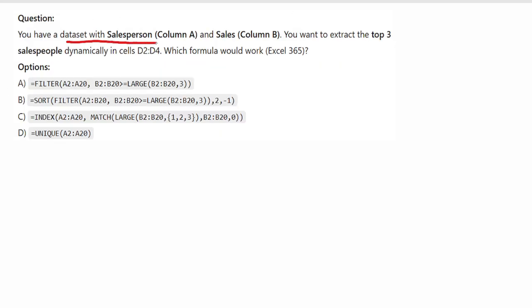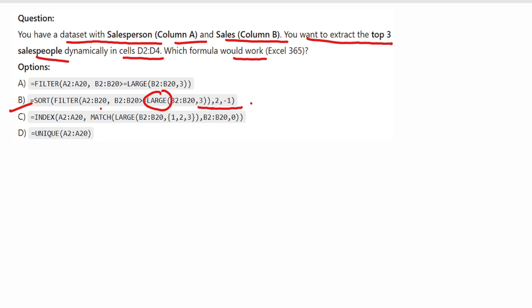You have a dataset with a salesperson column A and a sales column B. You want to extract the top three salespeople dynamically in cells D2 to D4. Which formula would work in Excel 365? So the correct option here is option B, because the formula first filters the rows where sales are in the top three using LARGE, then sorts them in descending order by sales.